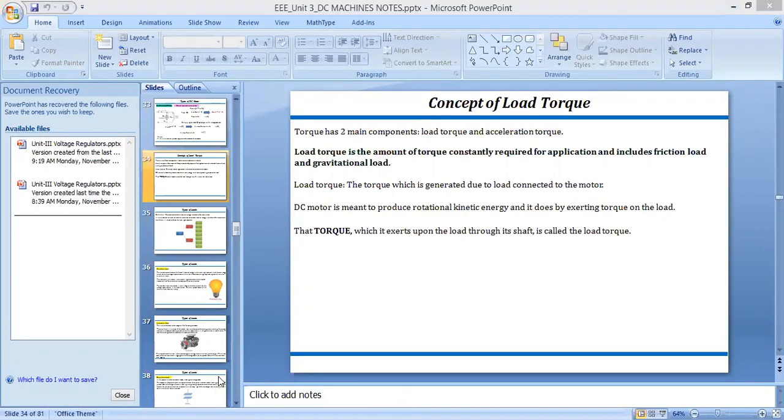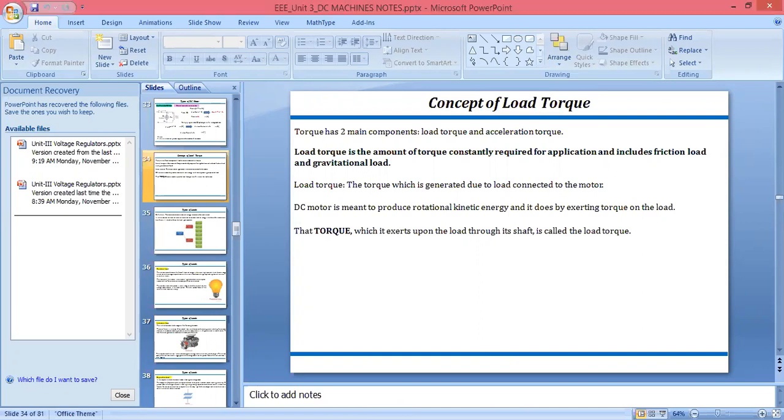If electrical energy is converted into mechanical, at that time we are calling it the DC motor. And if vice versa, it means if mechanical energy is converted into electrical, that can be done by using the DC generator. So we have seen about the construction of the DC machines. The DC generator and DC motor both have the same construction.